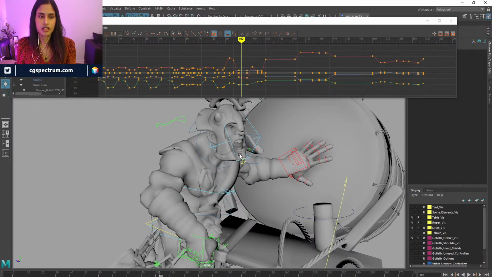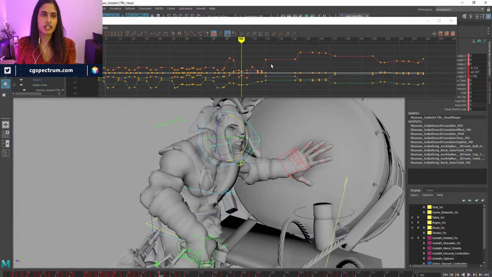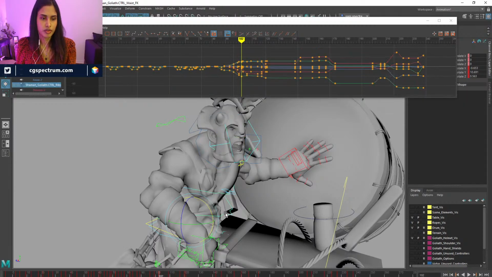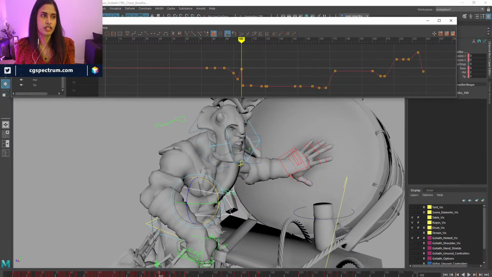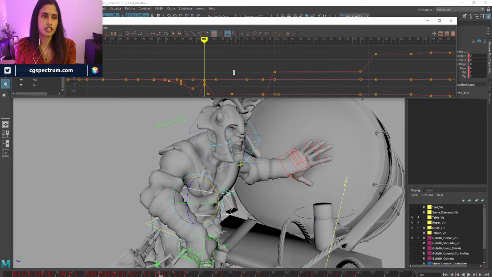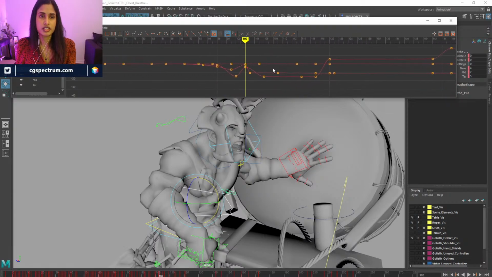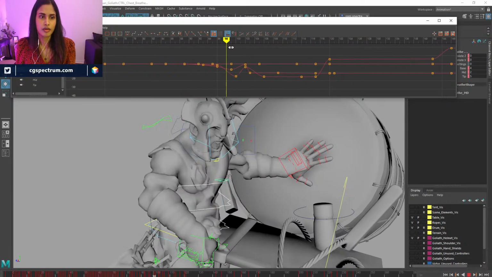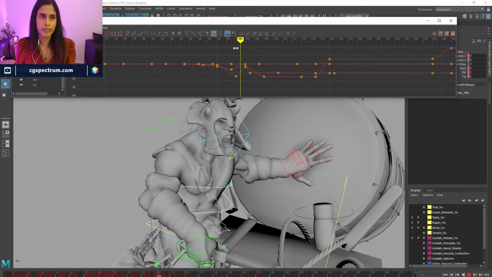this, then the head. So for example, select these three controllers. What is the move? RX. So select the RX and then see what it is doing. I already see some are not working, so make sure that that's the move, right?